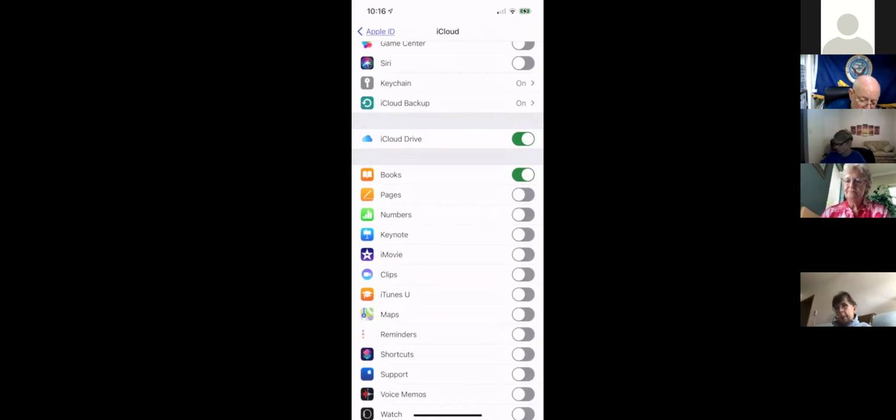And I have iCloud Drive on, okay, and what you put into iCloud Drive is documents that stay there and are up to date. And you can store a lot of stuff in the iCloud Drive. It works the same as other storage services like Google Drive, OneDrive, which is Microsoft, Dropbox, etc. Okay, so I'm going to go back and